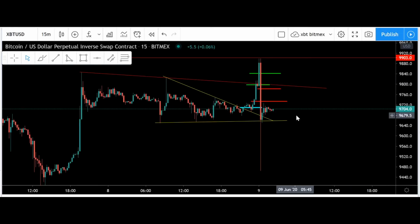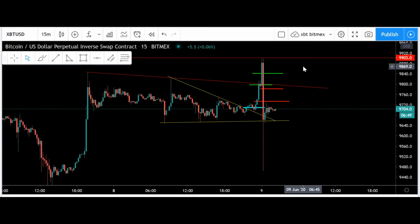Hey guys, just a real quick video today. I just want to go over the trade that I took earlier today as well as what I'm looking at in the midterm here. I pointed out in our group chat that we had this yellow triangle that I was